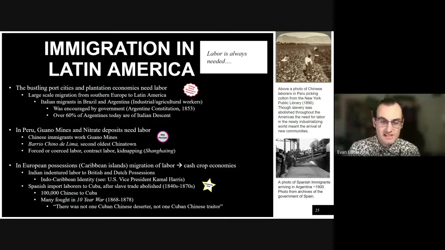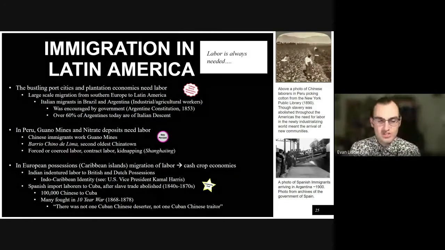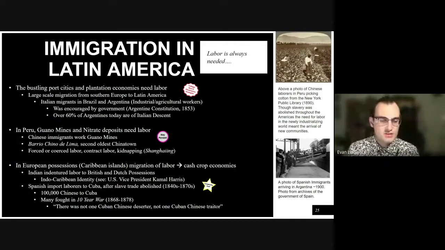So much so that they said, we're never, ever going to put any kind of ban on immigration to Argentina. And as a result, huge numbers of Southern Europeans came to Brazil and Argentina. Italians in particular came to Argentina in large numbers, in part encouraged by recruiters who would go to the poorer parts of Italy and say, I know a place where you can make your fortune. It's called Argentina. So much so that 60% of the people in Argentina today are of Italian descent in some way, shape, or form.